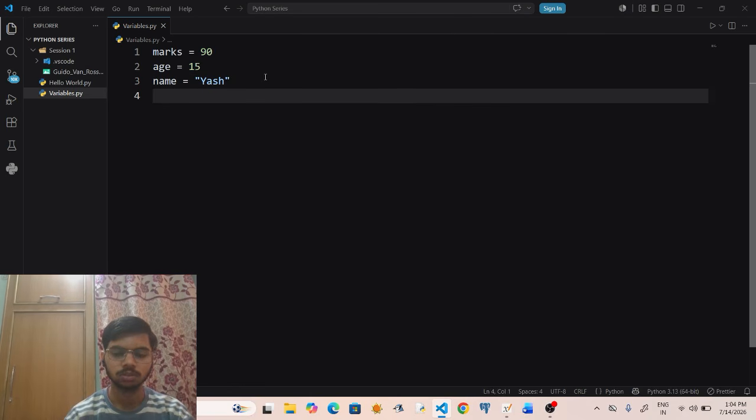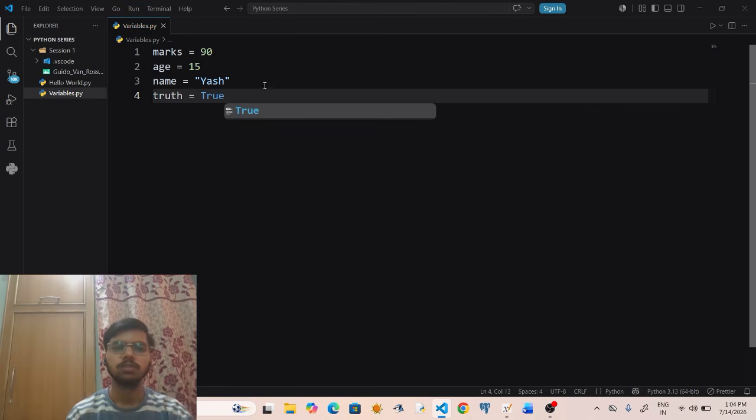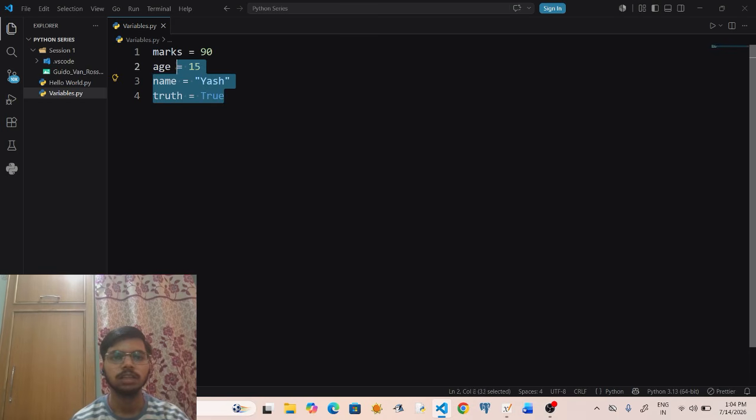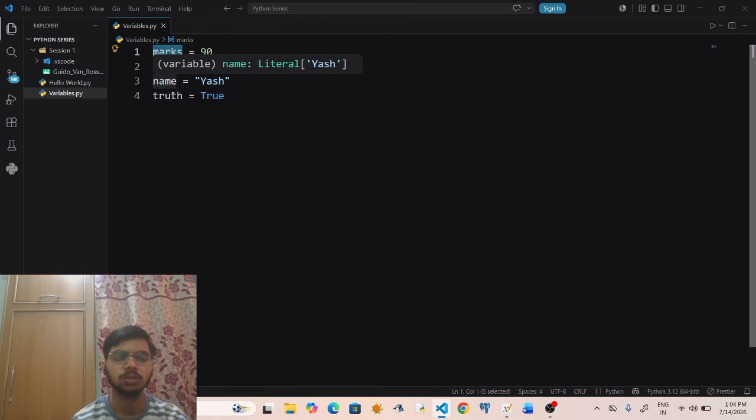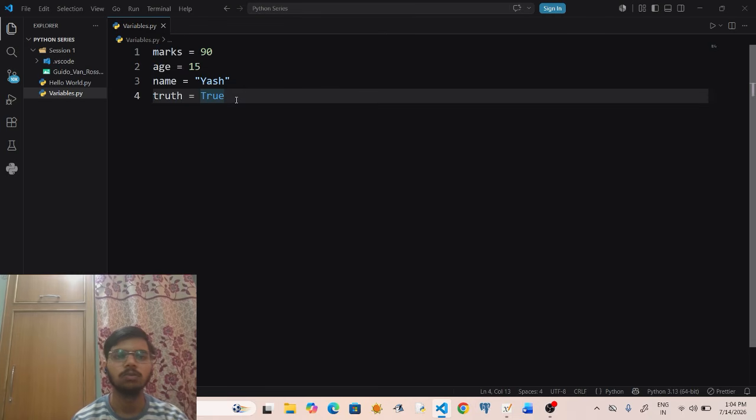Suppose I want to store a value such as true or false. You can even store that. You can say truth is equal to true. So you can store any kind of value which is possible in a programming language in containers such as marks, age, name, truth, or any particular name which you like, called variables.